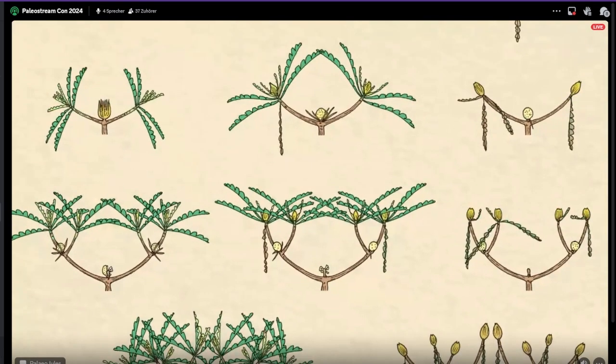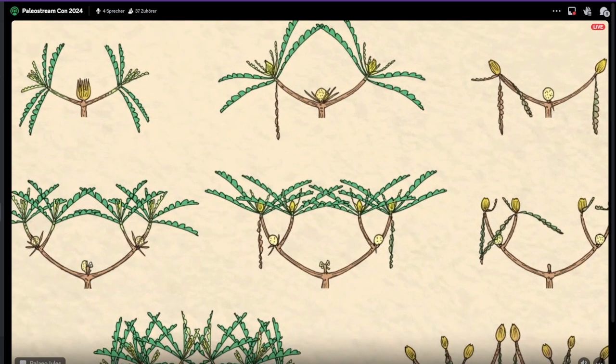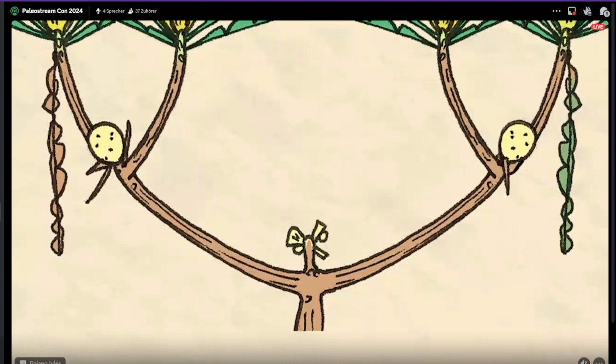And then in the third year, the cone would either disintegrate or was potentially eaten by vertebrates, so it may have been a fruiting body, but I think it's more likely they disintegrated purely because we don't have abscission points. Basically, if they're eaten by an animal, there would have been a break at the very base, which we don't